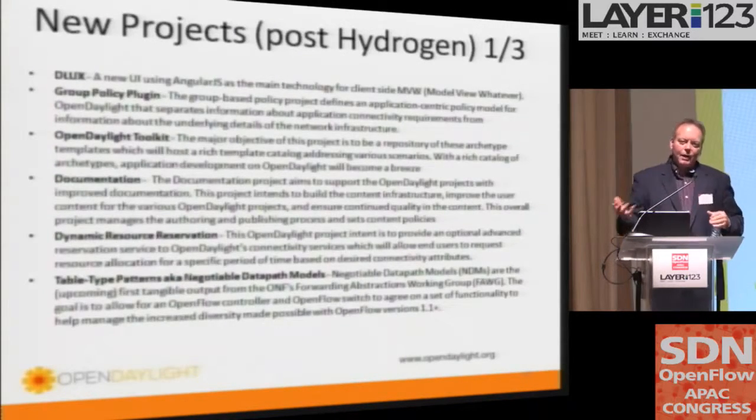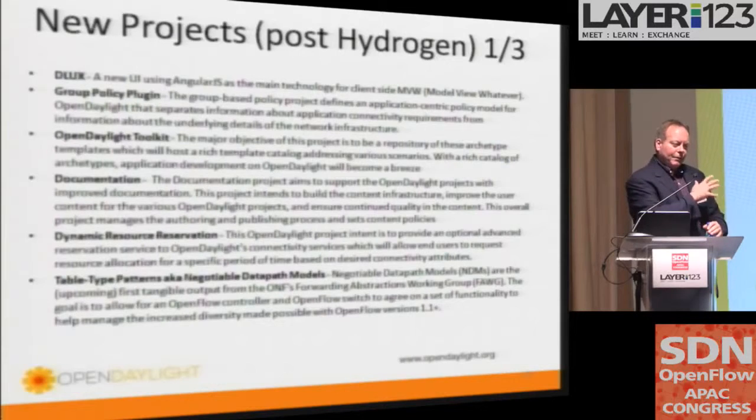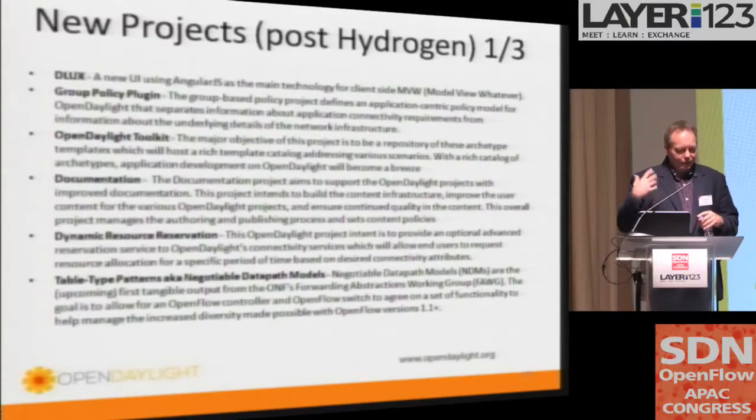From a new project standpoint, there's a laundry list. I know the slides are going to be out, so I'll just mention a couple. Again, I showed the diagram of Hydrogen. These are projects that are now part of Helium and the release that will be going out in September. An improved user interface, again, with one of the goals of making it easier to use and interact with OpenDaylight. Group policy plugin. This is a broader effort to create a northbound API for doing policy-based management of network devices and links. It also has a sister project inside of OpenStack under the same name for doing group-based policy, and so those two projects will be dovetailing,